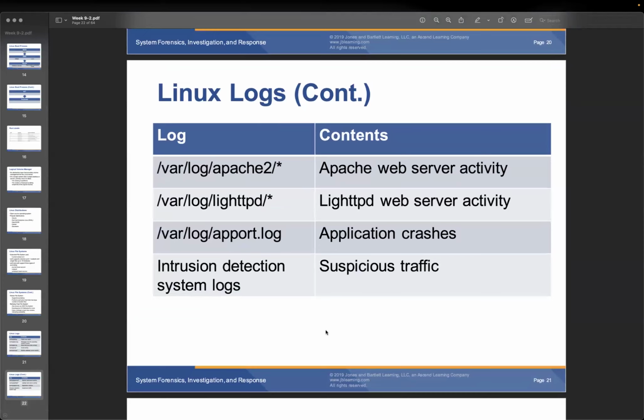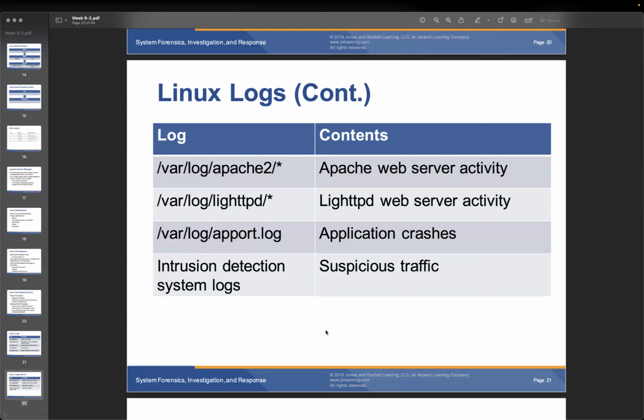If you see the Apache or the Lighttpd, these are the web servers. Maybe you heard about Apache, or if you take my class like web programming or others, I'm sure I mentioned Nginx, which is the newer, lighter one. We can serve it as a web server, proxy server, reverse proxy server. So they will all be saved right here under the log. Okay, you can find them, and then